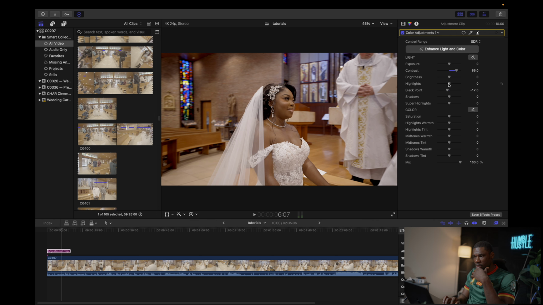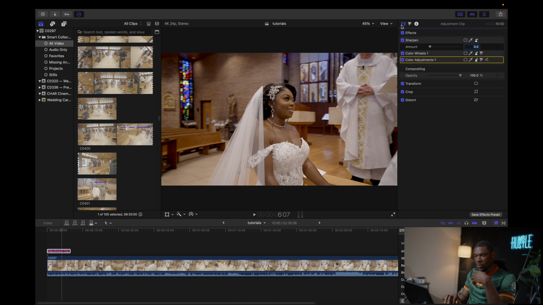I want to reduce the highlight a little bit from the background, like with the dresses, all those things that are so bright. I want to take them down a little bit. I can go ahead and reduce my shadows a little bit more. Now you see the bright is actually popping out more. If we go once more, before,